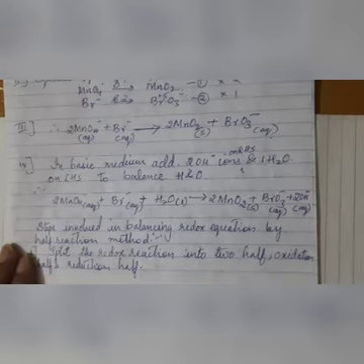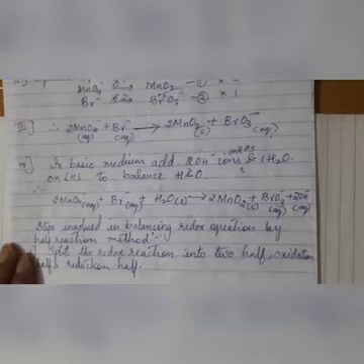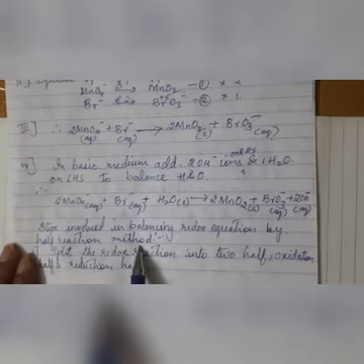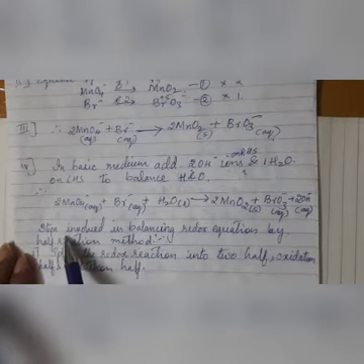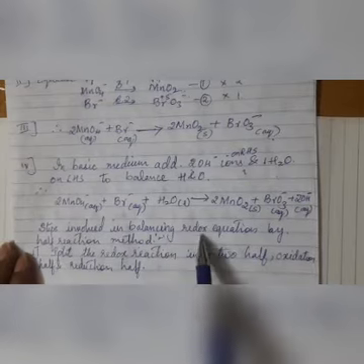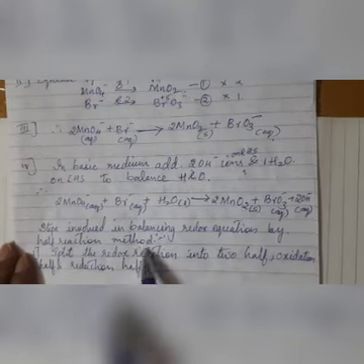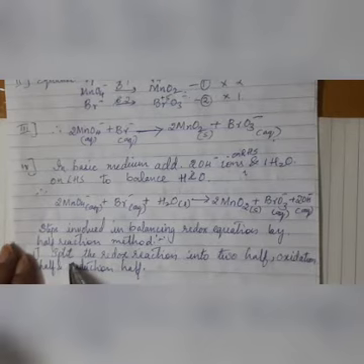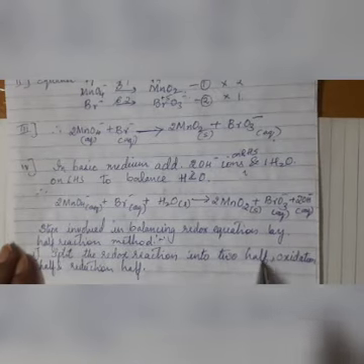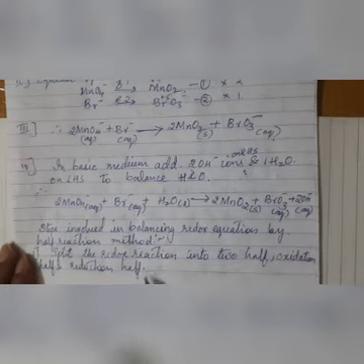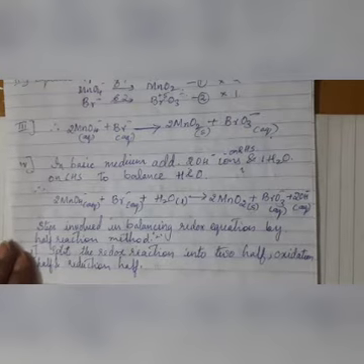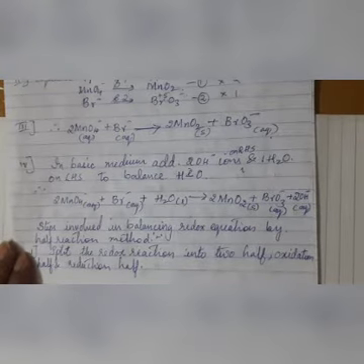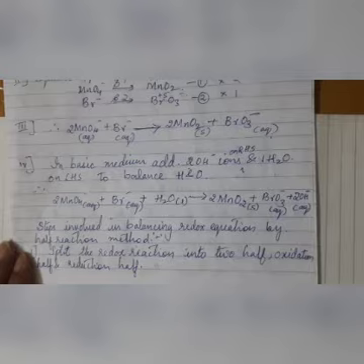Now there is one more method of balancing the equation, that is called the half reaction method. Now let us look at what this half reaction method is. So let us first look at the general steps involved in the balancing of a redox reaction by the half reaction method. First, we again split the redox reaction into 2 half reactions, that is oxidation half and reduction half. So after you write the skeletal equation along with assigning the oxidation number of each of the elements, you have to split it into which is oxidation half and which is reduction half.